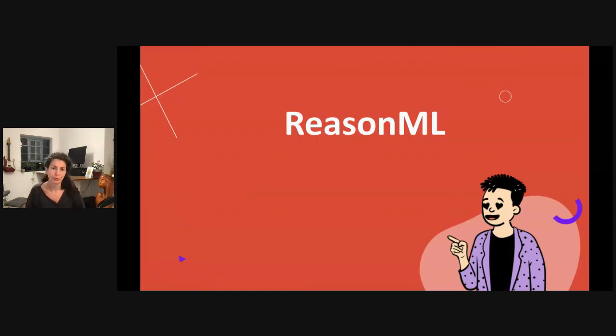So what is ReasonML? ReasonML, or Reason, was created by the same guy, Jordan Walke, who created React and React Native at Facebook. It first appeared in 2016, after the creation of React and React Native. So is it a new language? No, not exactly new and not exactly a language. It's a new syntax on top of the established OCaml language that is meant to be familiar to JavaScript developers. So basically, Reason is OCaml with JavaScript syntax, and both Reason and OCaml can be compiled to JavaScript with BuckleScript,